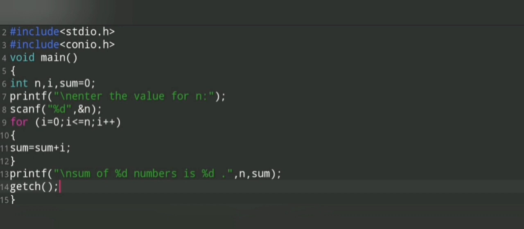Now when we run this code, the compiler will first check the value of i. So now the value of i is 0, which is less than the value of n. Why? Because the value of n is 3. Hence our for block will be executed. Now the value of sum is equal to 0 and the value of i is also equal to 0. So 0 plus 0 will be 0. Now the value of our sum variable is 0. Now the loop will again get back to our for statement. Now the value of i will be incremented by 1. Hence i is supposed to be 1.